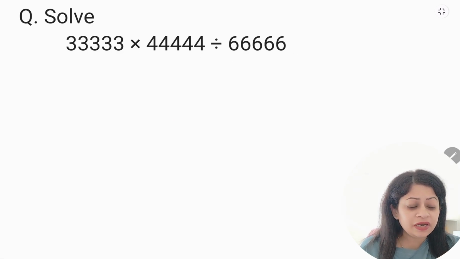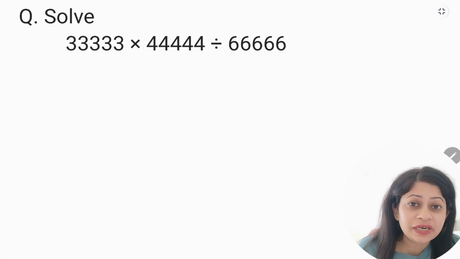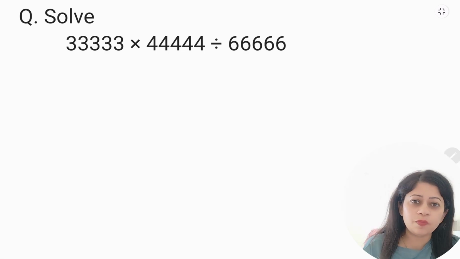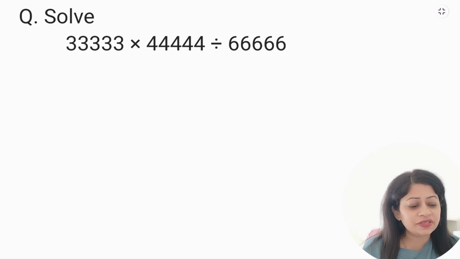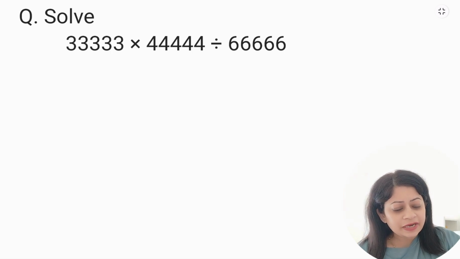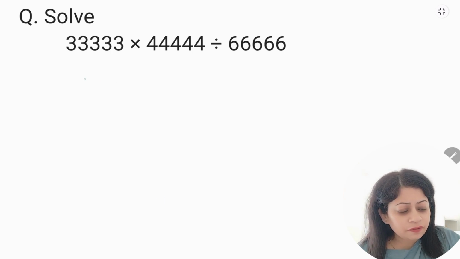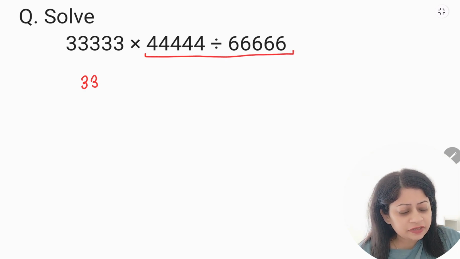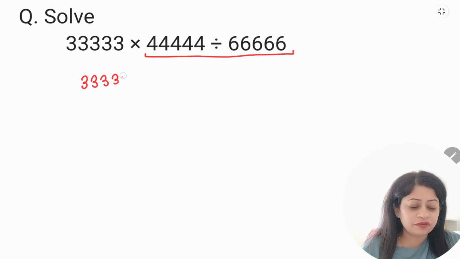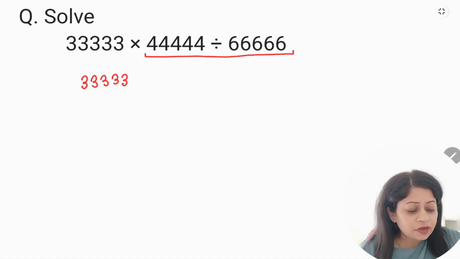So if we need to solve this, we actually need to follow BODMAS, right? According to that, we need to solve division first and then we need to solve multiplication, right? So that means I need to solve this part first, right? So I will just write this term as it is, 33,333 times 44444 divided by